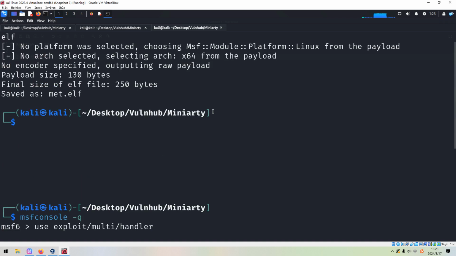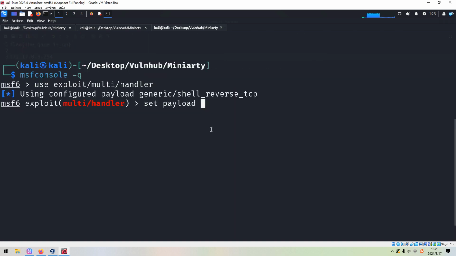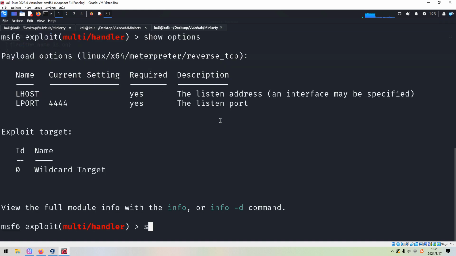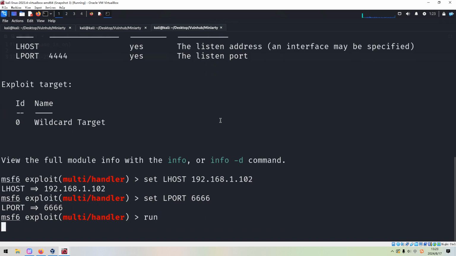This payload should be the same as the one we used when we created the payload with msfvenom. We can copy and paste it in here, and we need to show options. I think we just set the local host to be Kali Linux. Also the port number; this port number must be the same as when we created the payload with msfvenom as well. So 666, and we can run it.